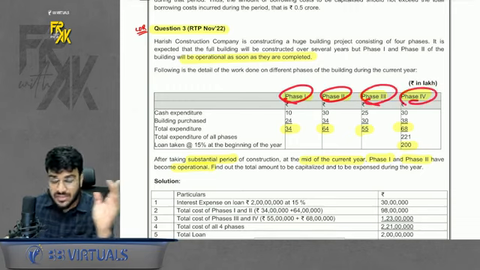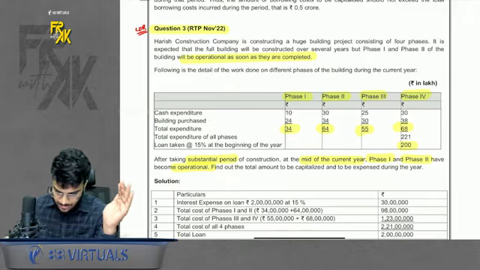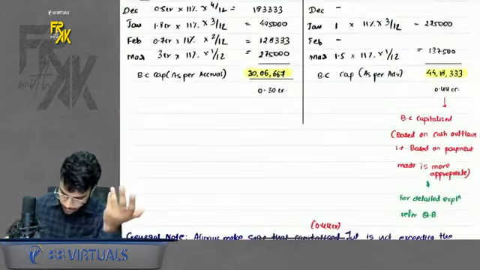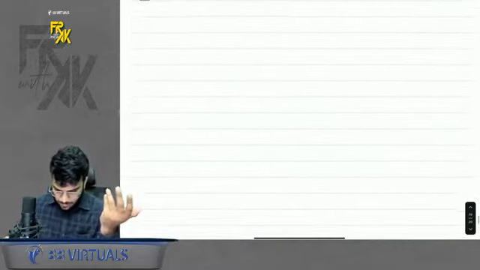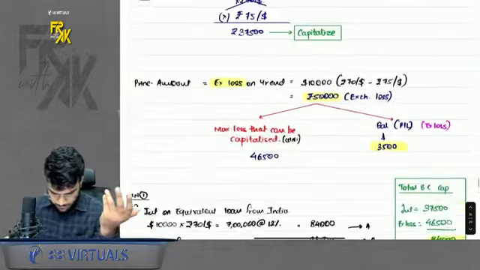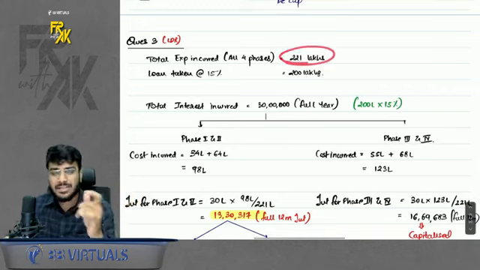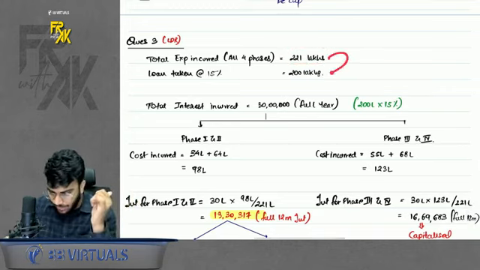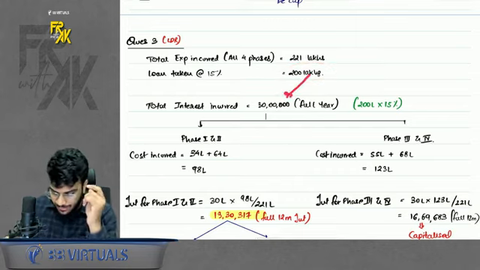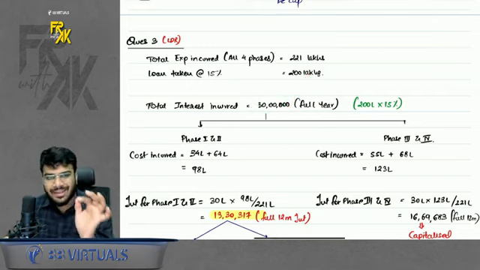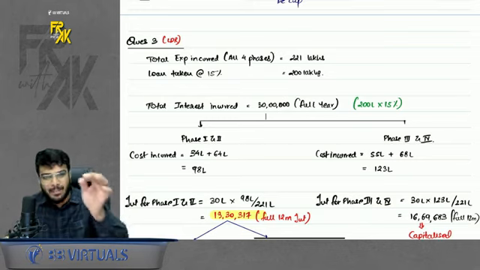But phase 3, phase 4 were not yet ready for the whole 12 months, so you will capitalize the interest for the whole 12 months. This working also I have given. How will you solve this? You can just see here. The total expenditure incurred was 221, but I did not have the full loan. I took a loan only for 200 lakhs. So do remember my total interest is 30 lakhs. Now don't directly calculate interest on the expenditure incurred. Why? Because the whole expenditure was not funded by a loan.